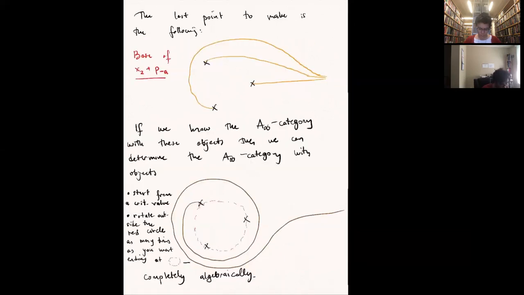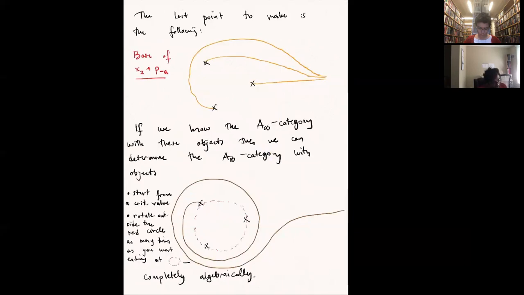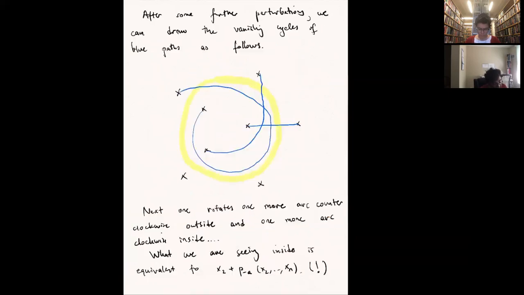And so now if you look back here, at what you're seeing inside the yellow circle, there are like 5 of them. Each of these 5 actually looks a lot like this kind of vanishing path, and there's a way to make that precise. So now we're computing intersection properties of these blue paths, but all the intersections are happening inside the yellow